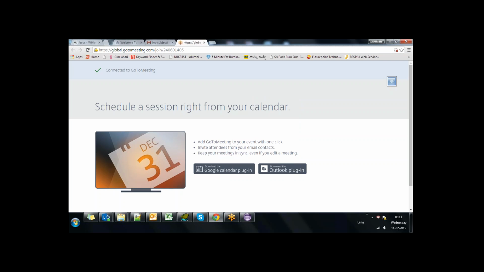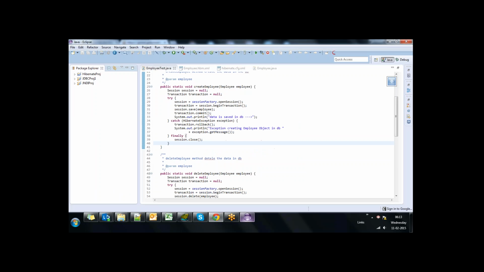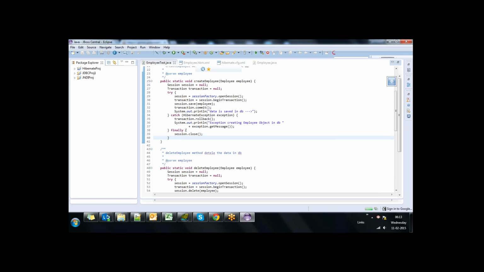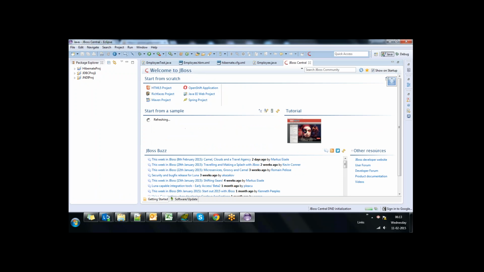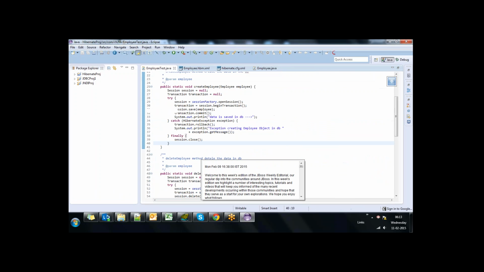Today's class will discuss Hibernate. Last class we discussed the different generator classes available in Hibernate, and today's class will discuss how to create user-defined generator classes and how to use them in our project, and also we'll discuss about